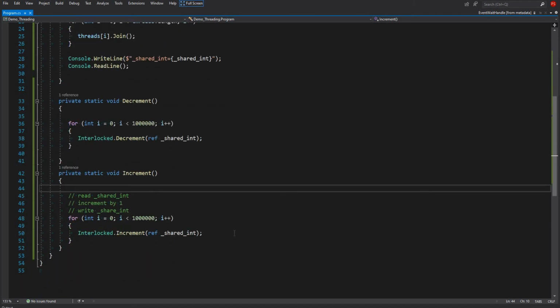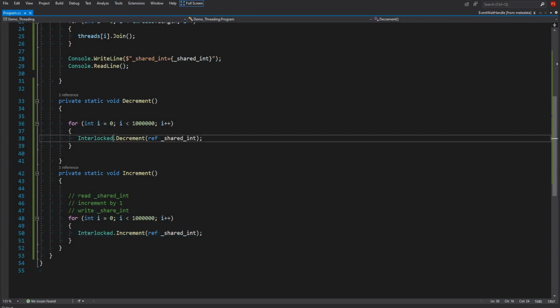And now these operations will be atomic, and that's what we want, and no cost. It's the fastest way in .NET to increment or decrement, and there are certain other methods also in this class.